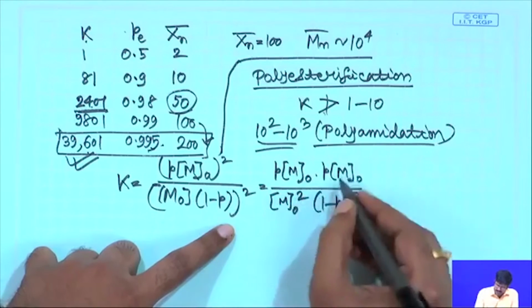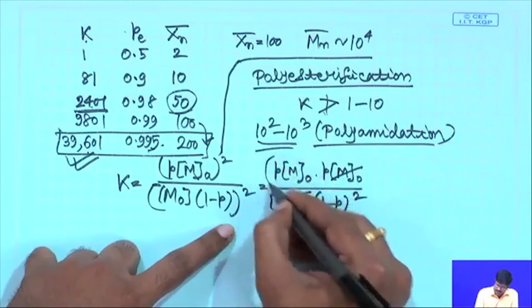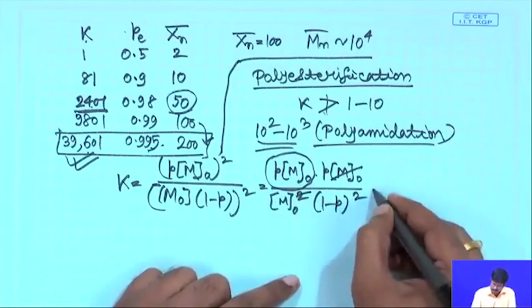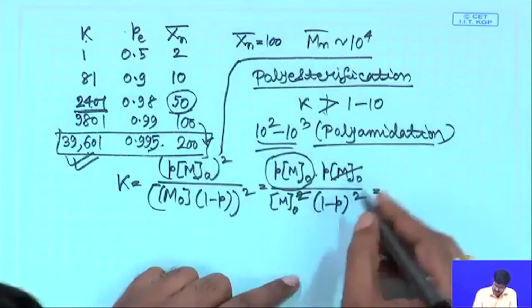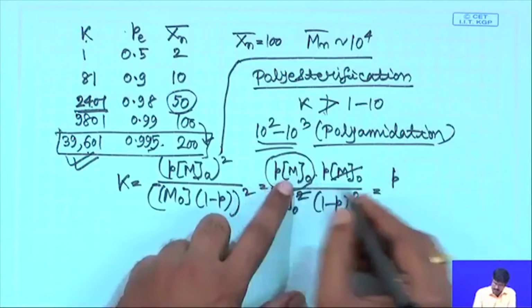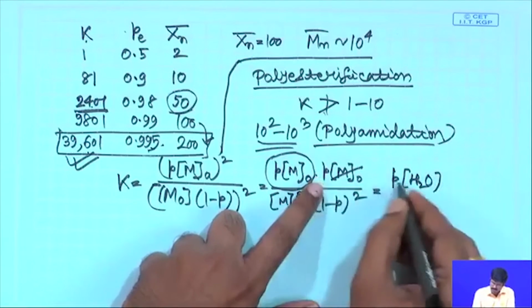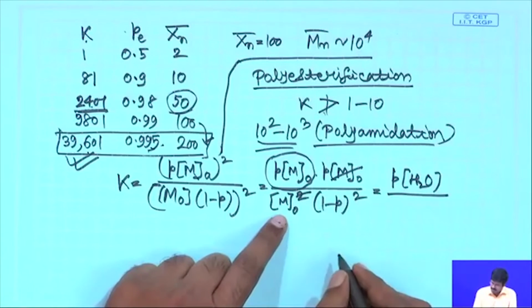Now, one of the m0s you can remove. Now, Pm0 is the concentration of water as well as the concentration of the ester at conversion P. So, you can just replace this Pm0 by water, and P into concentration of water, this P stays there, and then you have m0 at the bottom,